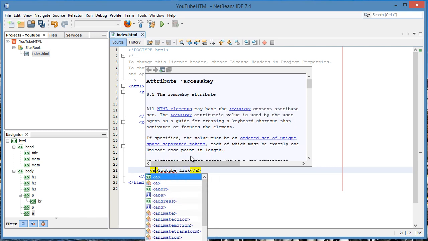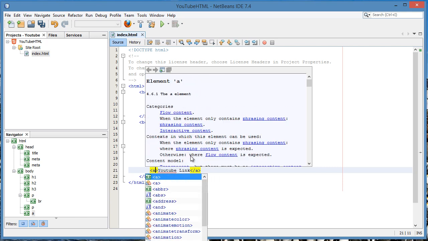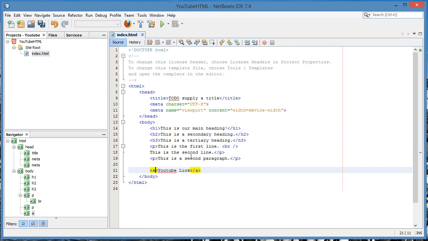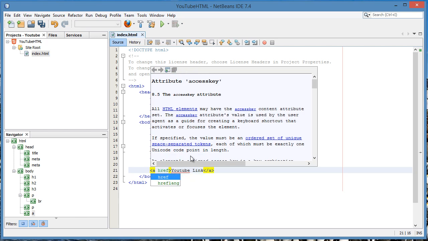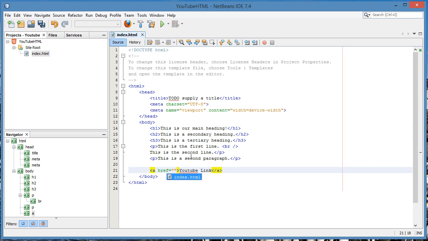And so you define that link by going inside this first bracket, the opening tag of the link, and you type href equals, and then NetBeans again automatically does